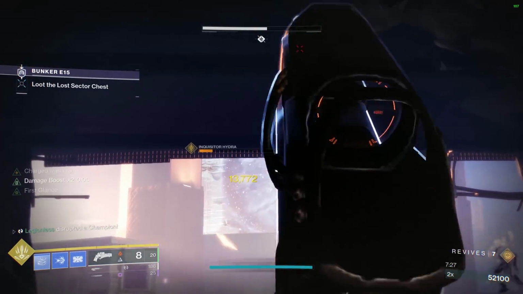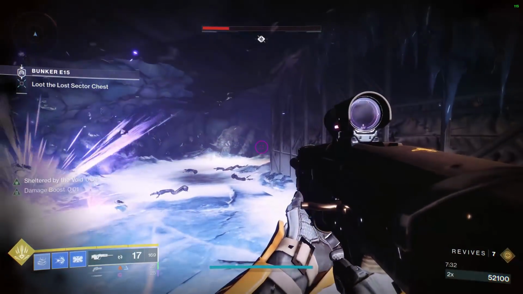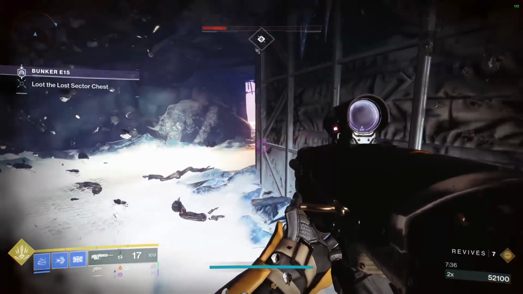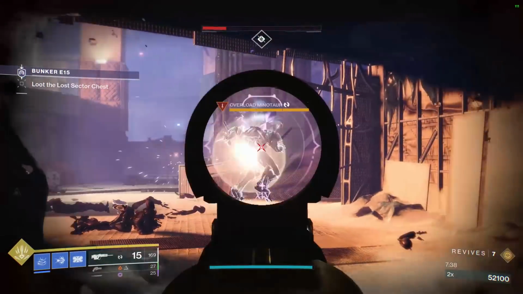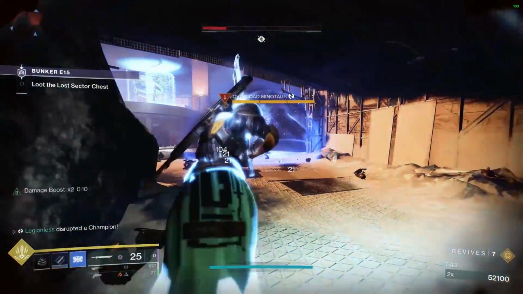My runs were averaging between 6 and 7 minutes, and the only real annoyance here was overload champions and not really having a way to just nuke the boss with the sword for DPS. Attrition was also pretty annoying to deal with, but felt more manageable because Falling Guillotine gets a 50% damage buff